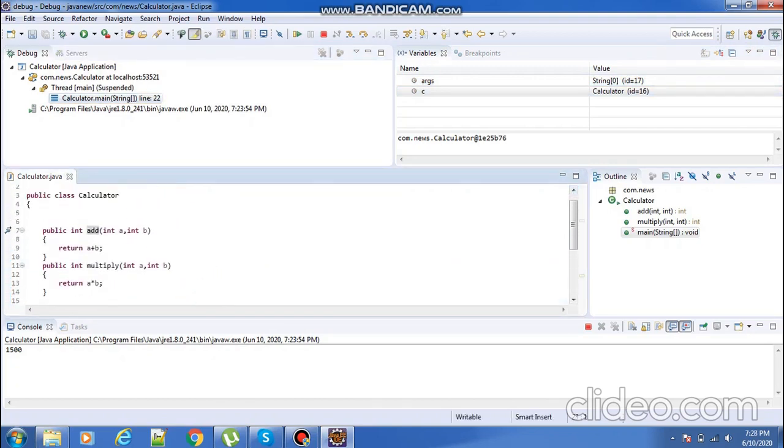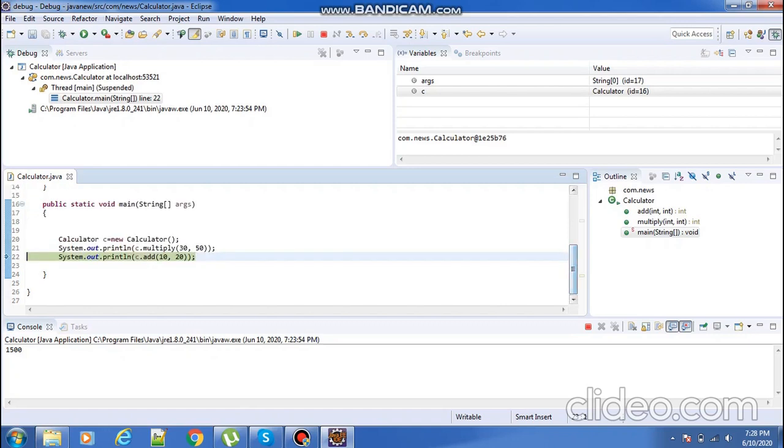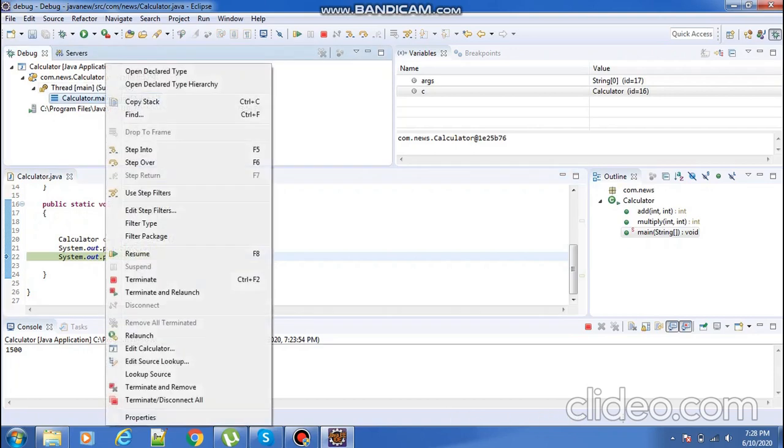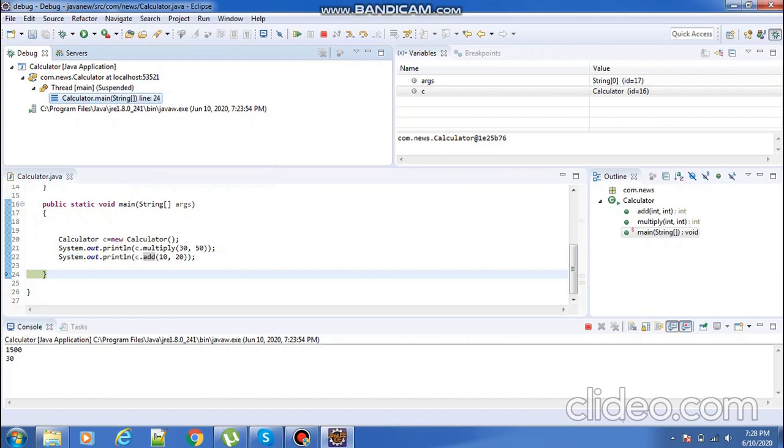See, particularly this line is marked here. Now what is it doing? It is checking what method is used, and it is going to check all of that. See, System.out.println is also marked. So step into means it came to your method. Next I'm giving step over. What does step over mean? My debugging is completed. I came inside the method and I am successfully executing my program here. This is called debugging.